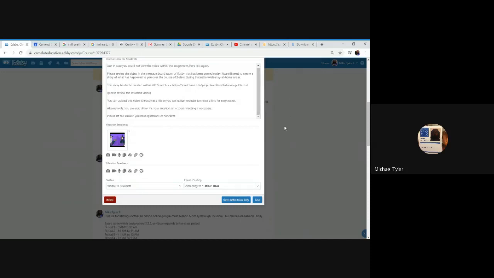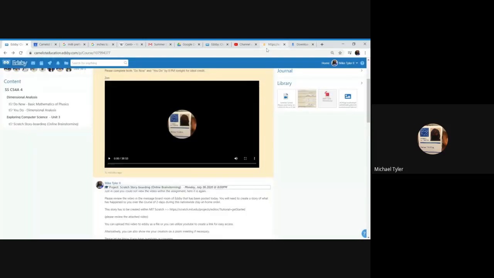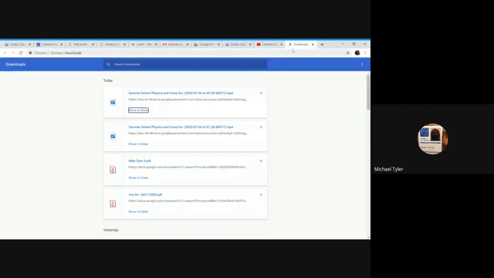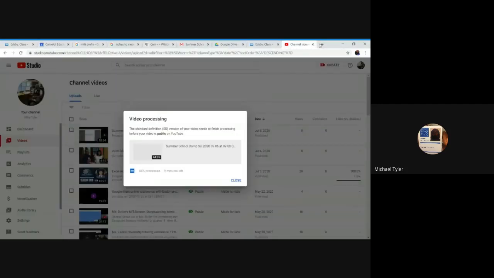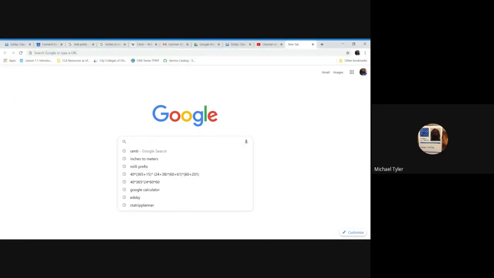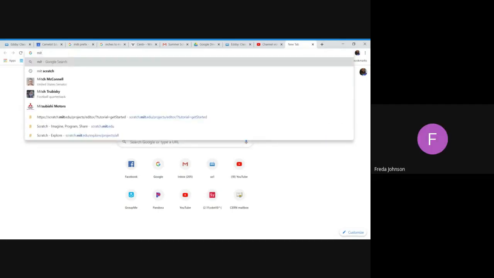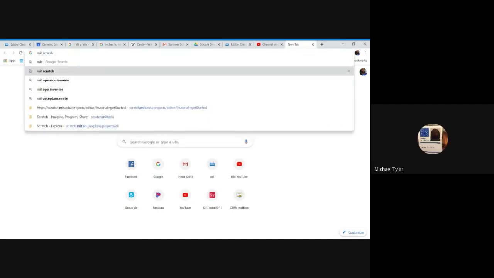Now, what I want you to do is open a new tab and go to MIT Scratch. So I'm going to show you what I'm doing. If you type here, either in the Google search or in the URL, you simply type MIT Scratch, like I have.